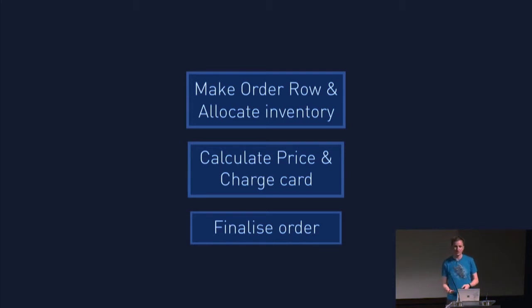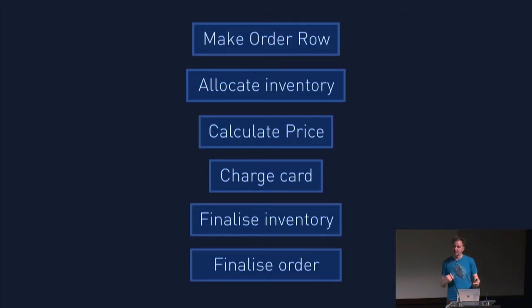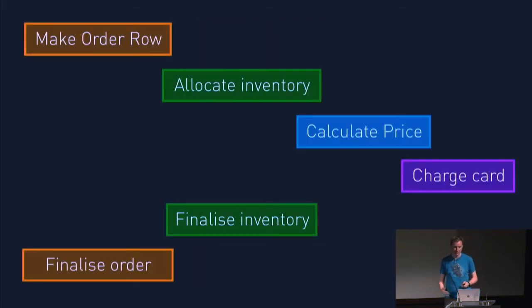Unfortunately, this is not quite the split we wanted for our service design. So you had to take these things and first of all, pry them apart into slightly more granular items. Here you can see we've taken things like making the order row and allocating inventory and made them separate. This means we can then turn these separate items into 5 different services. In order here, we have an order service, which is how we manage that flow of, I want to start a thing, I want to stop a thing, I have an ID.